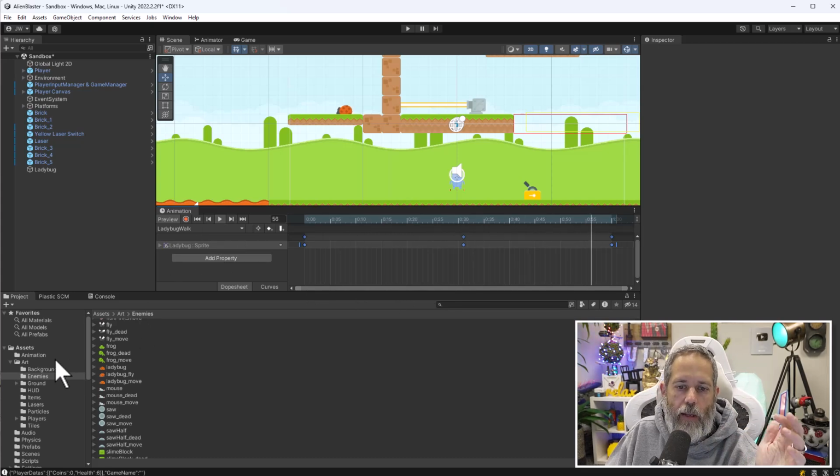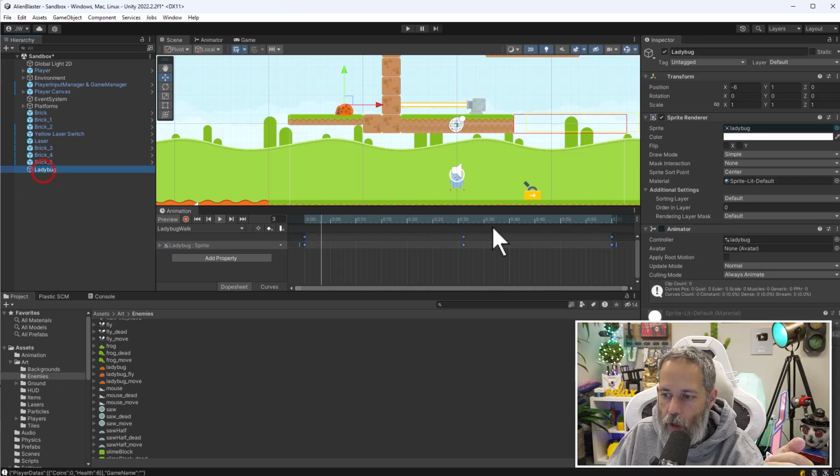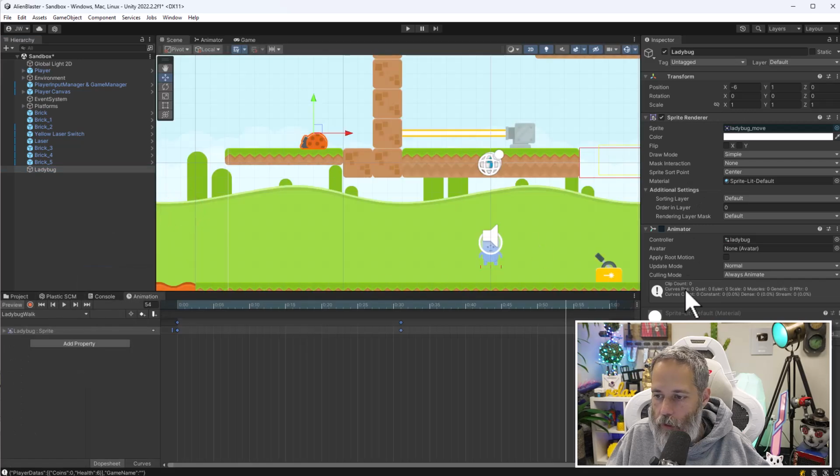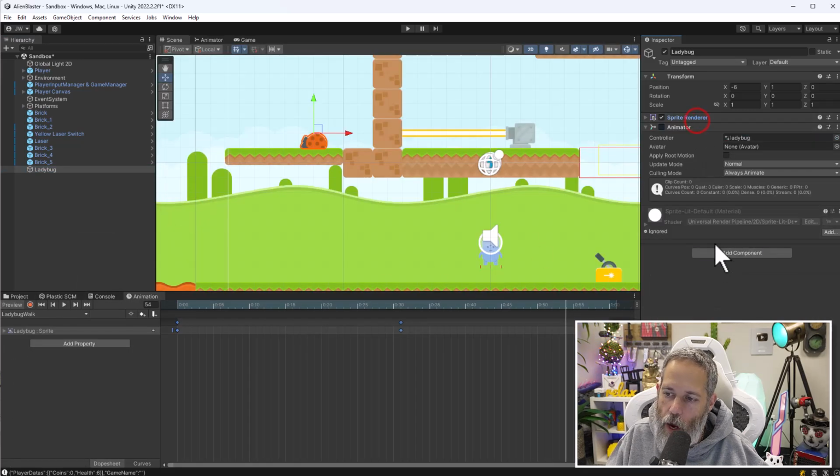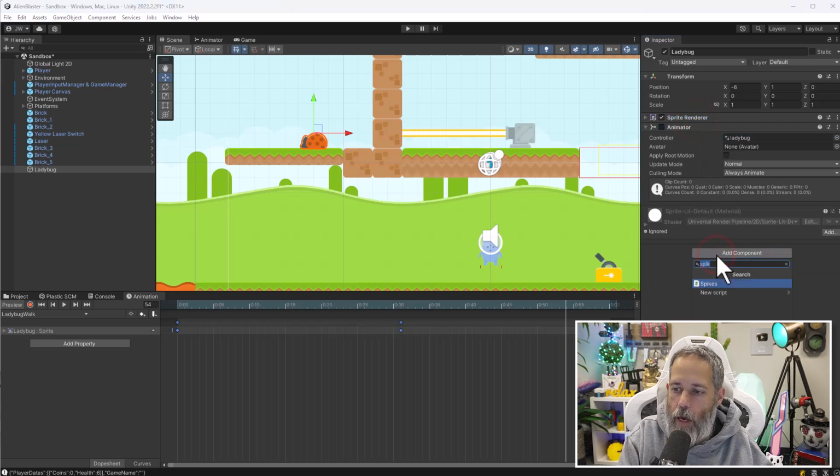Next, I'm going to add in some more components to our Ladybug. First, let's add a collider. Let's go to the components. So let's get rid of this animation window. I'll drag it down. And then we'll go add a new component. So I want to add in a collider first. We'll add a capsule collider,